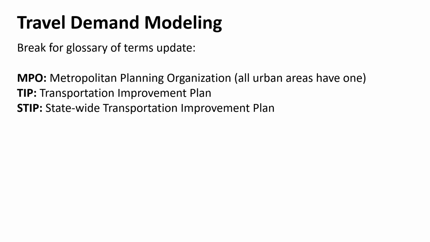These MPOs have to create a transportation improvement plan. It's called a TIP, and government agencies are members of the MPO. That's usually how it works. If the city of Valparaiso wanted to add lanes onto Sturdy, they would submit that to the MPO. The MPO would model it, and it would become part of their transportation improvement plan. That would become their TIP, right?